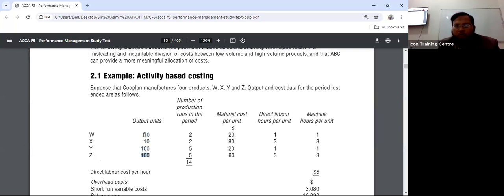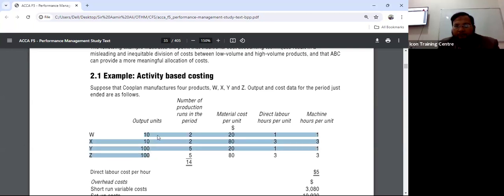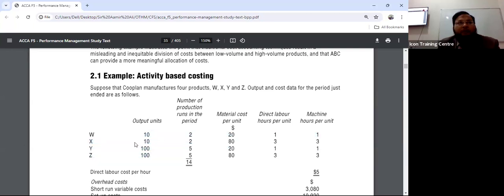100 units. Now, so far, we can see, because normally we assume that the product which we are producing more will cost us more, right? So we can say that W and X, we are producing only 10 units. So they might be costing us lesser as compared to Y and Z. Why? Because we are producing for Y and Z 100 units. So normally we understand like this, right? But as a cost accountant, you need to understand that how much these units are consuming the cost,